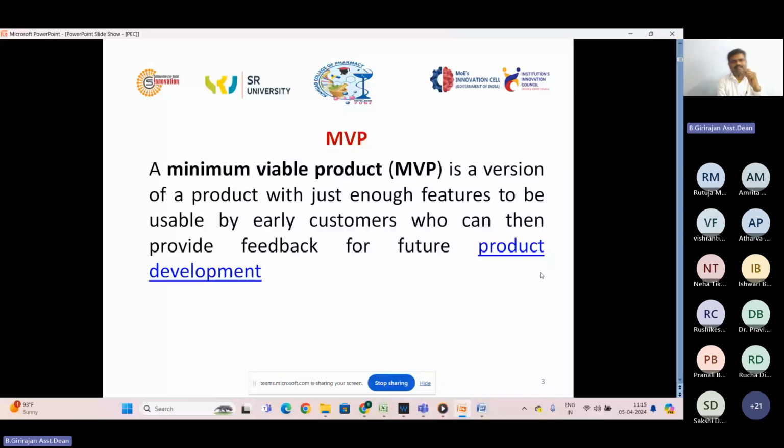So that minimum viable product is mandatory now for getting into the startup, attracting venture capitalists, funding agencies, and for any events that you are participating in. Without a minimum viable product, it will not be a full-fledged way of delivering your idea. So the session will be mostly with the minimum viable product in general, and finally we will get into the pharmaceutical students' version of how we can get into the minimum viable product for this area.